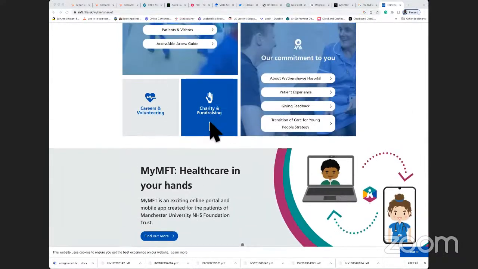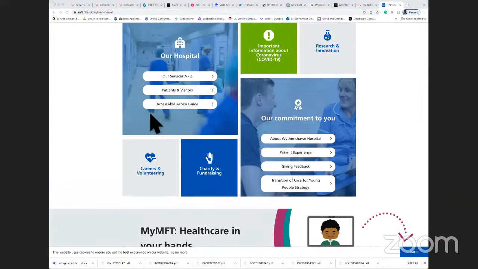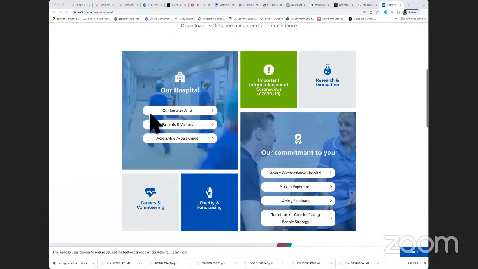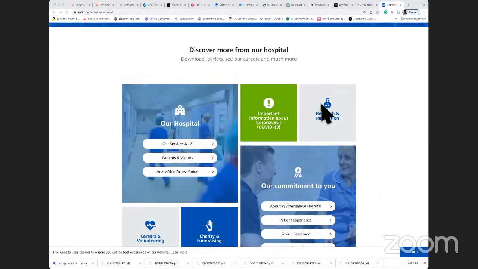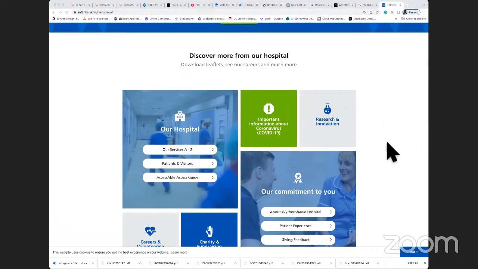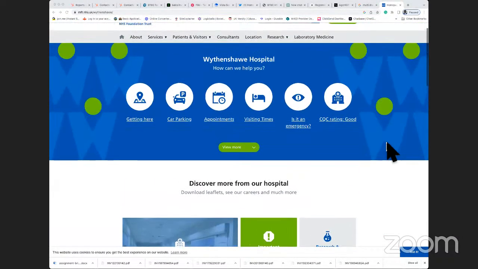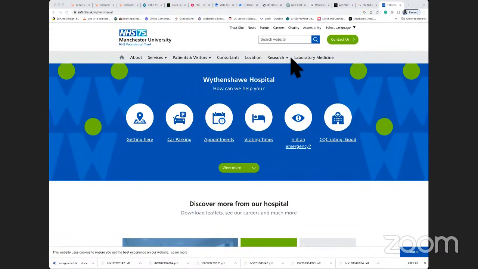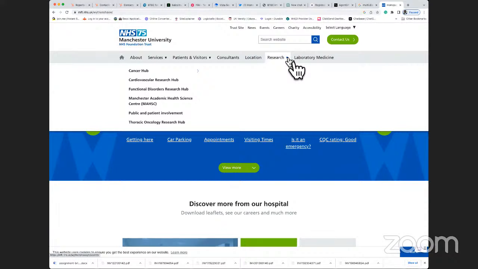So there are charities and fundraising organizations working within the hospital. There are people who are volunteering to provide services to members of public, or maybe provide additional support. There's research and innovation, or research and development, which is happening with the University of Manchester, students or young doctors or trainee doctors working. And obviously there are bits and pieces which are highlighted on the website. As you can see, the cardiovascular research hub and the lungs-related, pulmonary and respiratory related research is predominantly done in the Wythenshawe Hospital in collaboration with the University of Manchester.